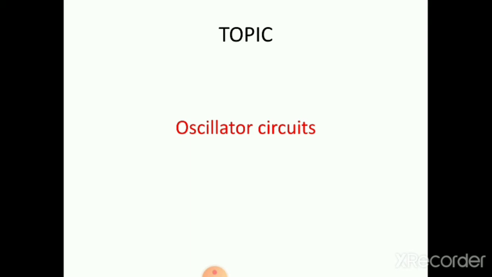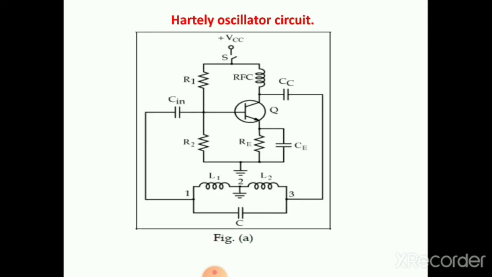Now we are moving on to the actual, practical circuits from which we can get the waveforms, right? First one is the Hartley oscillator circuit. Hartley oscillator circuit. Please see the circuit diagram. You can find it is a very similar circuit you have been understanding since the start of these video lessons.